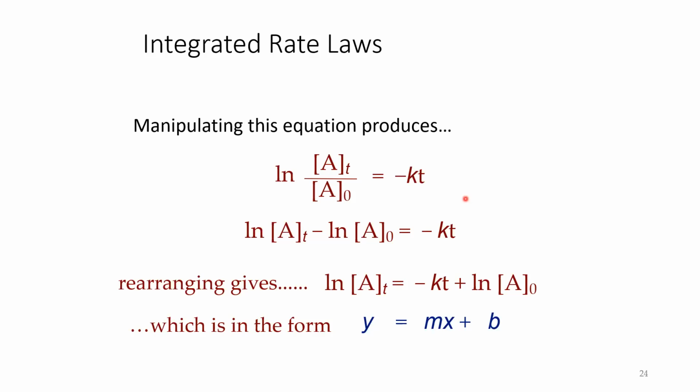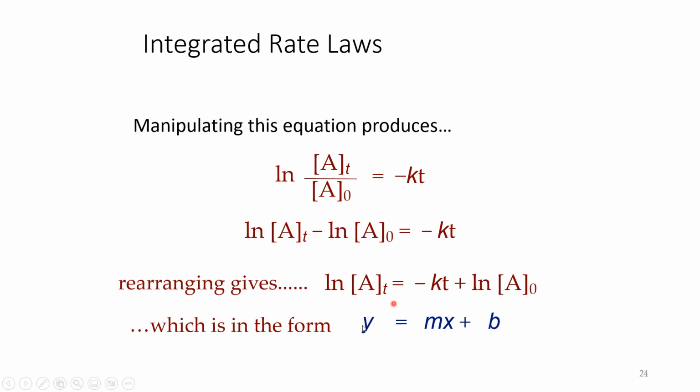And with this equation, we can take it and rearrange it a bit. So remember with logarithms, whenever we have a division there, it's really the same thing as doing the subtraction between those two. So we can split this into the natural log of the concentration at some time minus the natural log of that initial concentration. And then if we rearrange it further, just add natural log of that initial concentration on both